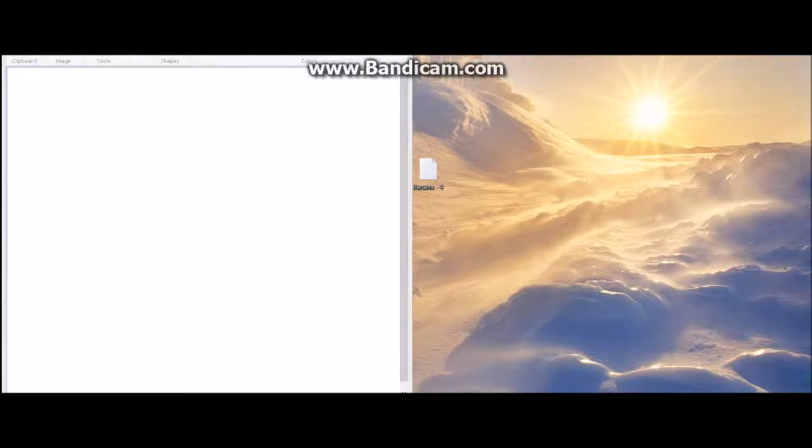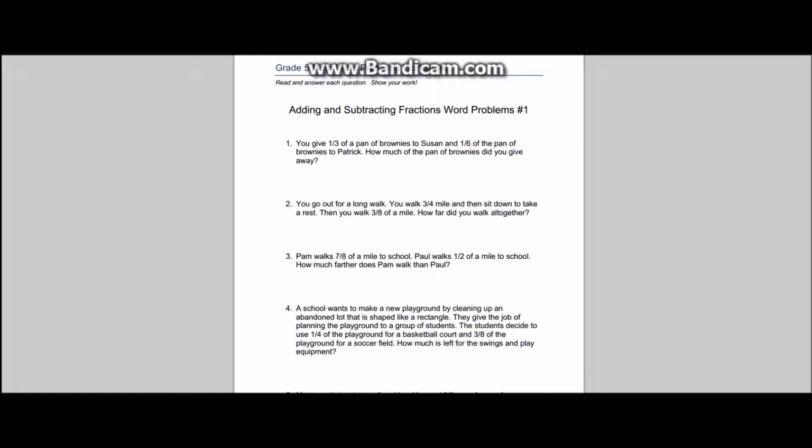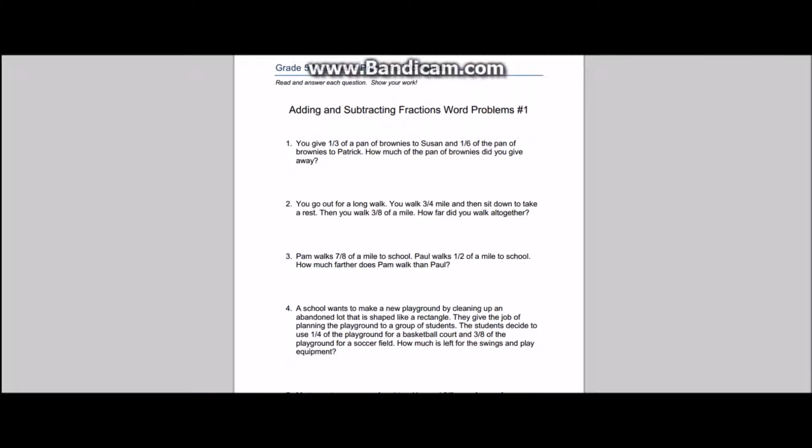Hello, welcome back. The next thing we are going to learn how to do is some problem solving using our fractions. You can find both of these worksheets in the Google Drive folder. The first one we're going to work on is under the first worksheet, adding and subtracting fractions word problems, number